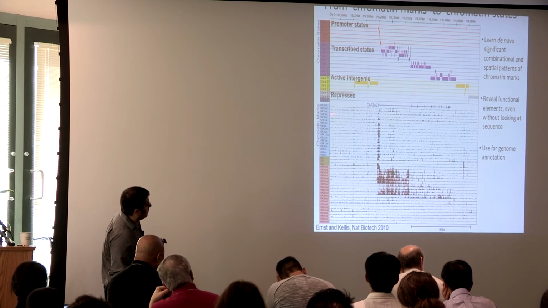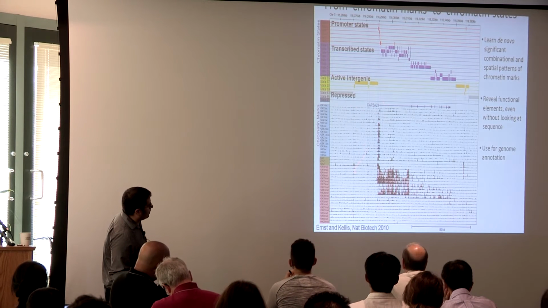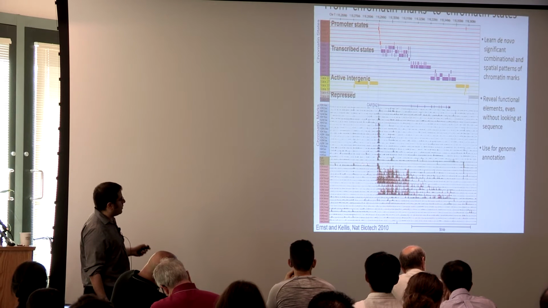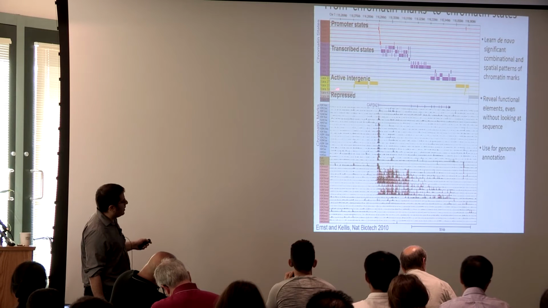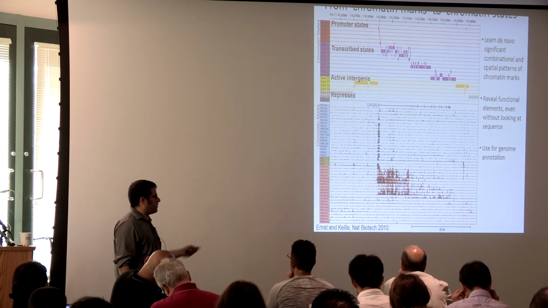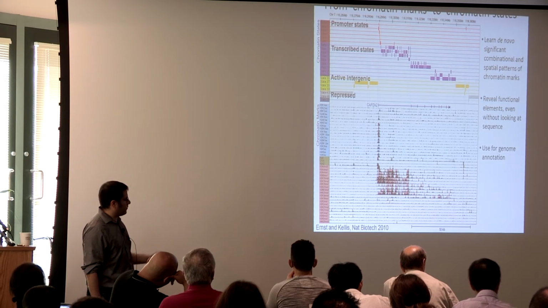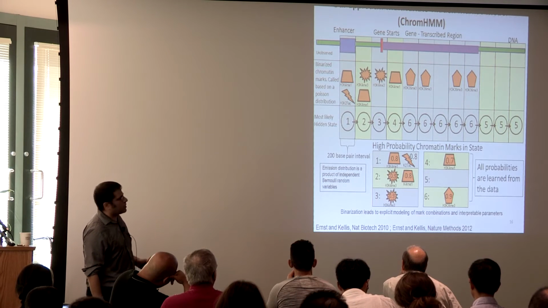What this enables us to do is learn completely de novo, without any prior genomic annotations, a finite number of states, and then assign each location to one of these states. What this gives us is a comprehensive annotation of the human genome, not just in the protein coding regions, but throughout the non-coding regions as well. So the general idea,